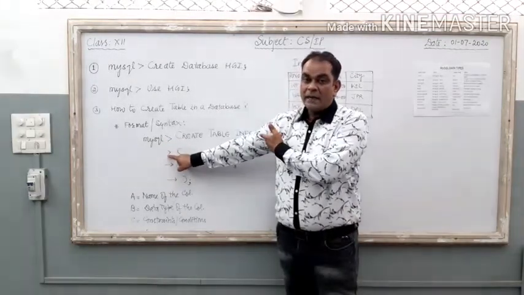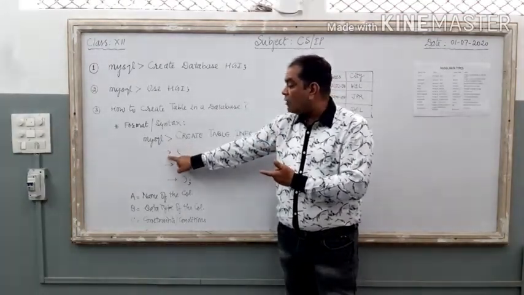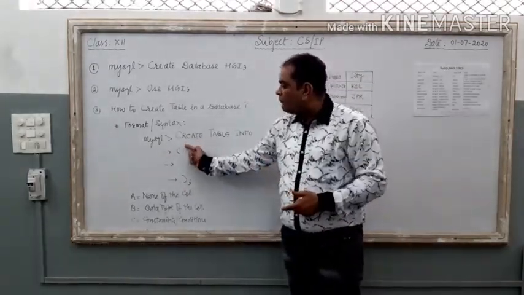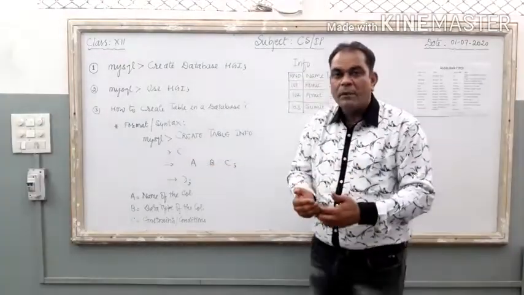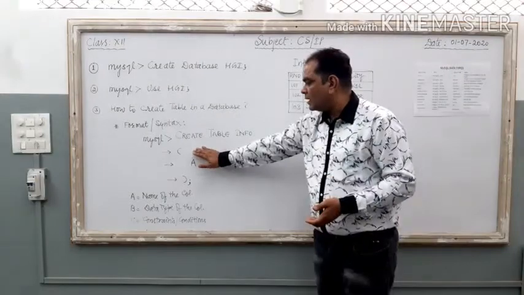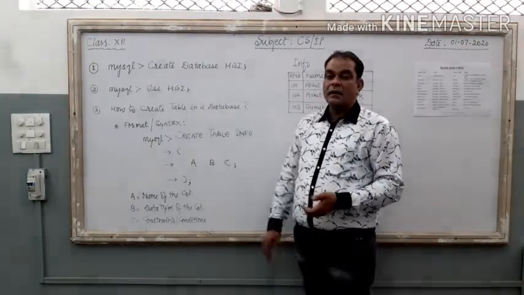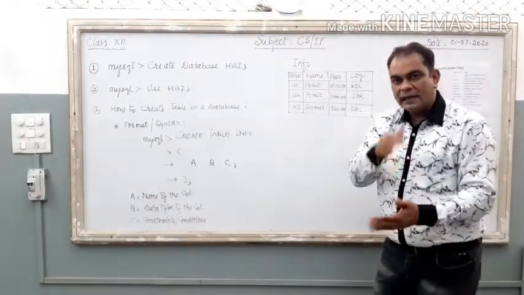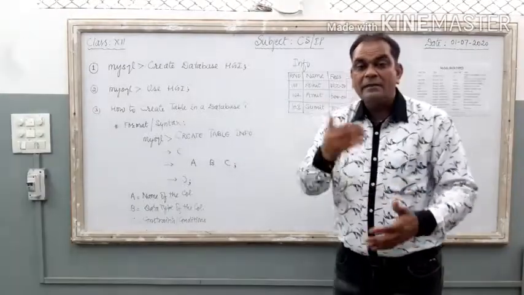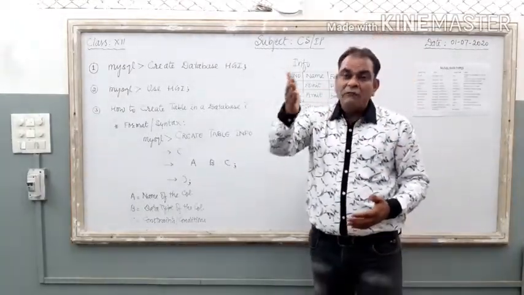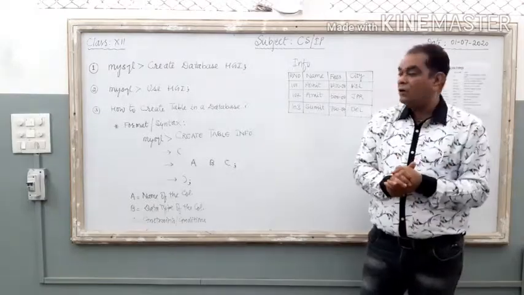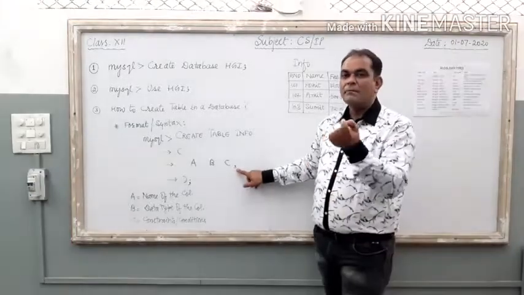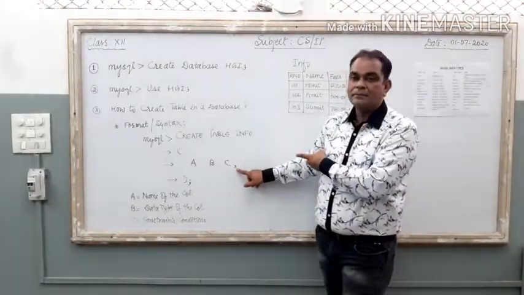At the next line, as you can see, the MySQL prompt, here I have not put a semicolon, so automatically it will convert into this arrow symbol. So in the second line of this command, you have to write one small bracket, open small bracket. It is there in the second line. Now again press enter. At the third line, I have written A something, then space B, then space C, A B C, with one space between all these three, and then after this line one comma is there. It is a comma, simple, not a semicolon. Just see, it is a comma only, right?